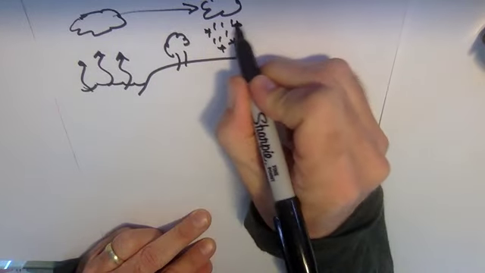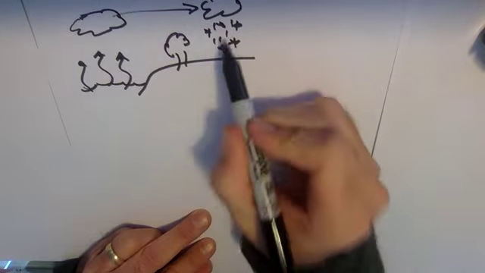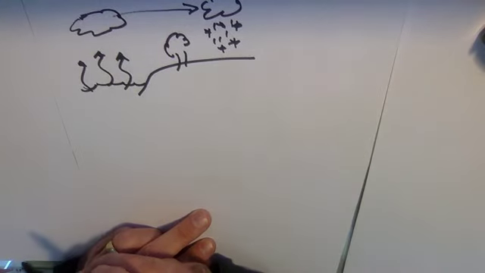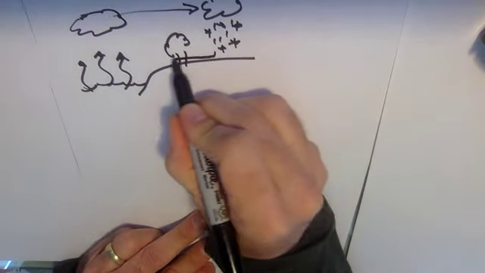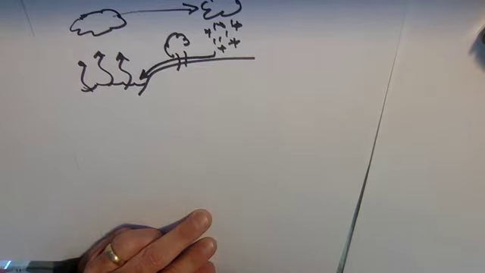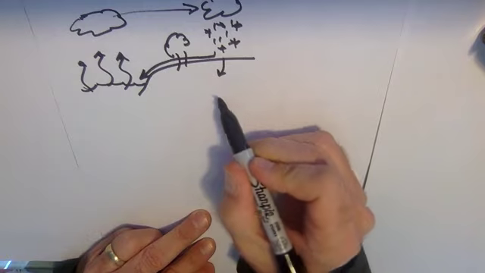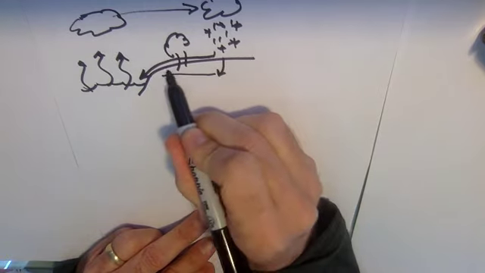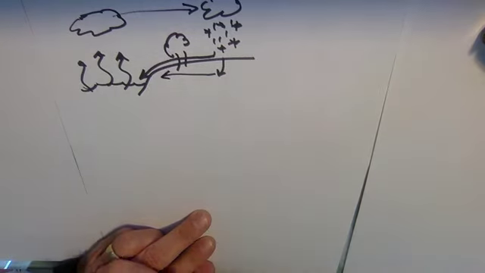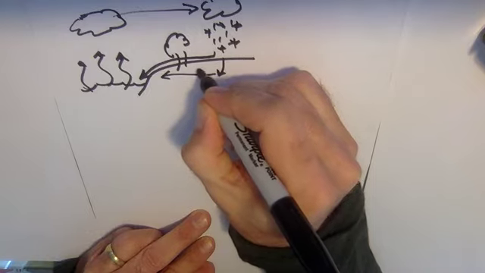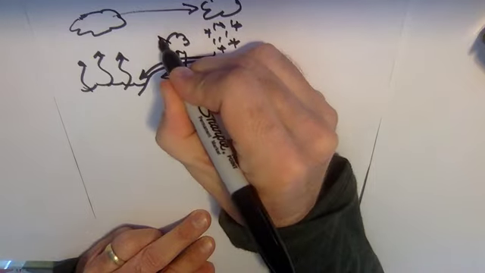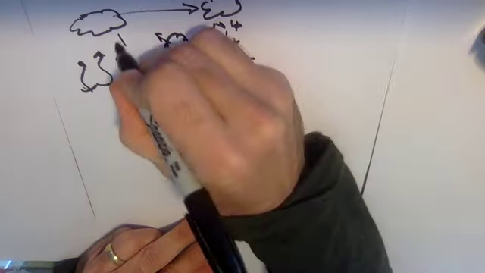You guys have all seen this a million times. You all know what's happening. The water hits the surface of the ground, and it can either run off in streams immediately back to the ocean. It can sink into the ground and be temporarily stored as groundwater, although it's eventually making its way downhill as well. Or it can be taken up by plants and released through the process of transpiration